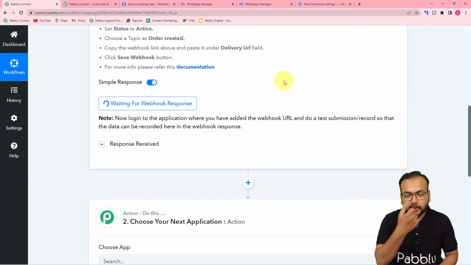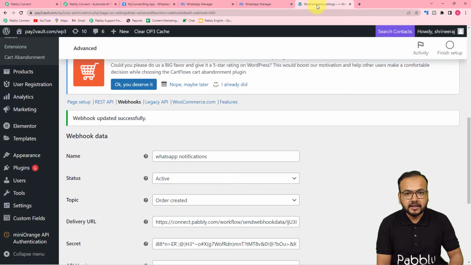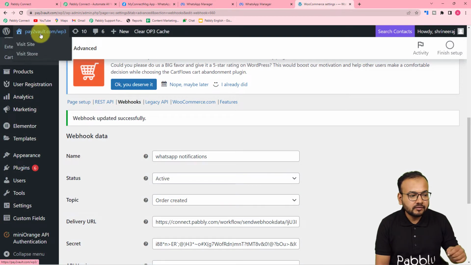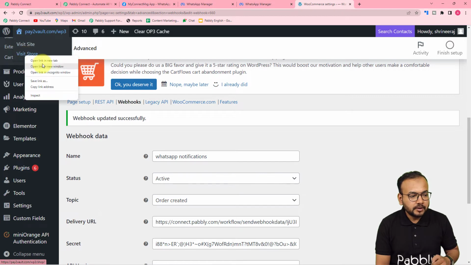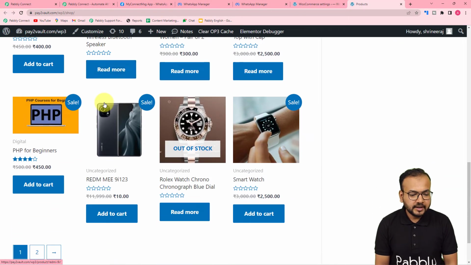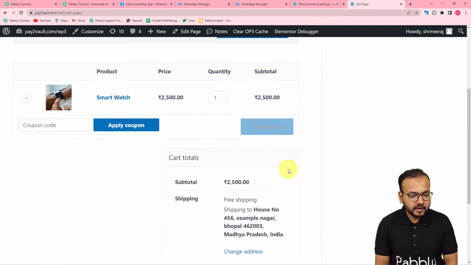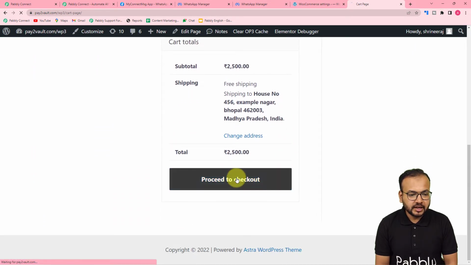So I'm going to open my WooCommerce store, and we'll create an order manually. That will be a demo order, not an original one. So I'm opening my store. So guys, this is my WooCommerce store, and here let us purchase this smartwatch. I'm adding this product to cart. Okay, from here I'm going to click on proceed to checkout,